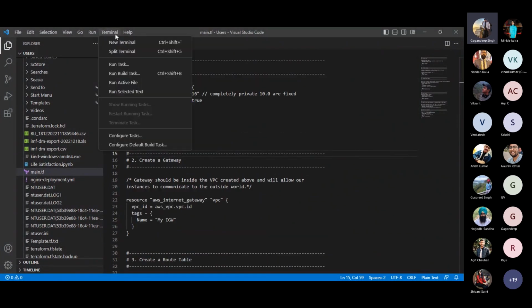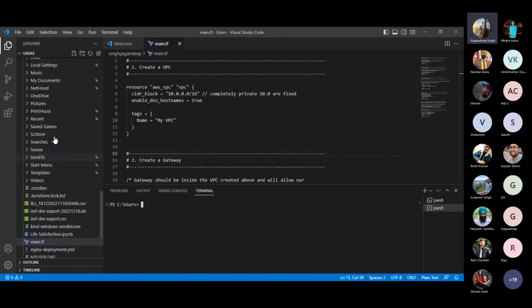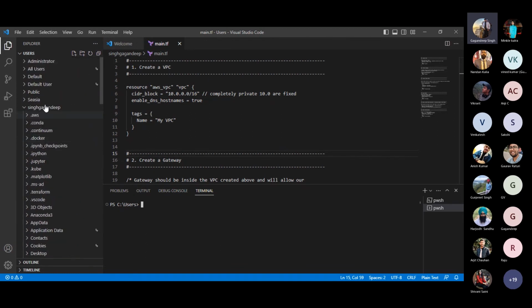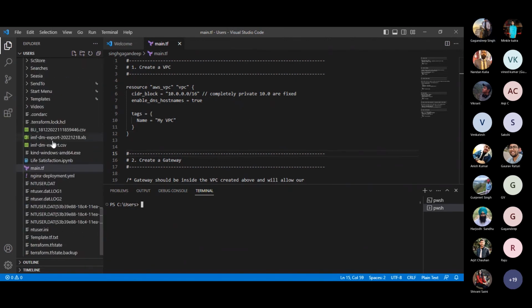You can click on the terminal and select new terminal. You can see my main.tf file is in users, and this is my user ID.